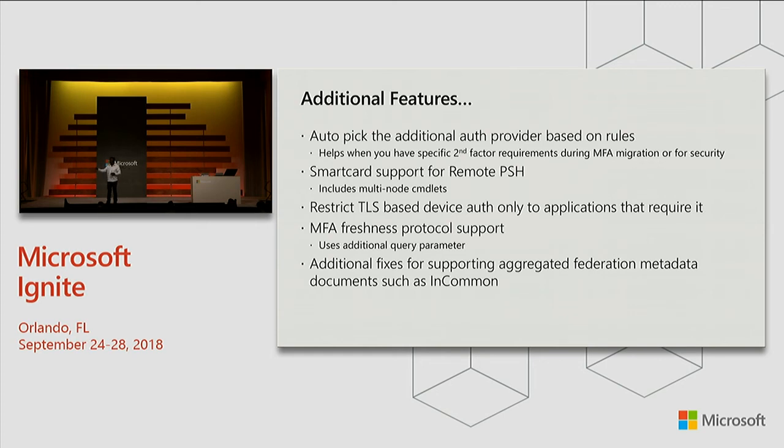And most of you will probably say, yeah, end users are going to get confused. It's going to be a help desk call for me. So how do I customize it so that for one set of users, use this provider, and for another set of users, use another provider? So what we've done, at least for the second factor form of authentication, is add the ability to use the entire context through our rules mechanism to say, if you're part of this group, then use, let's say in this case, Azure MFA server. Or if you're part of this group, use RSA.